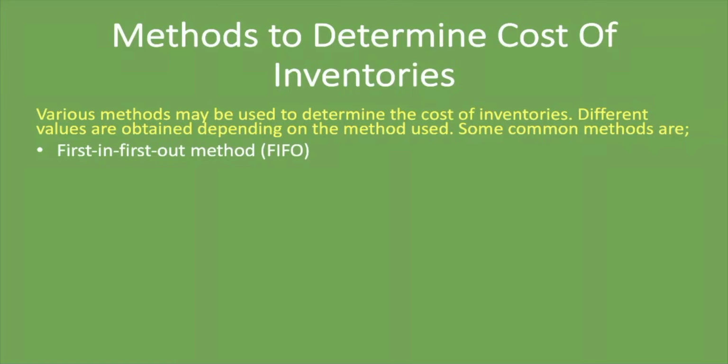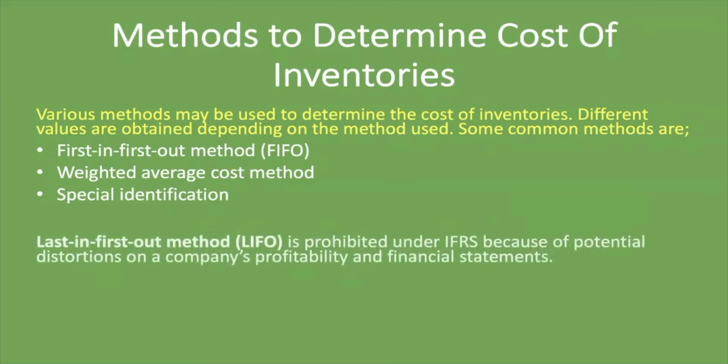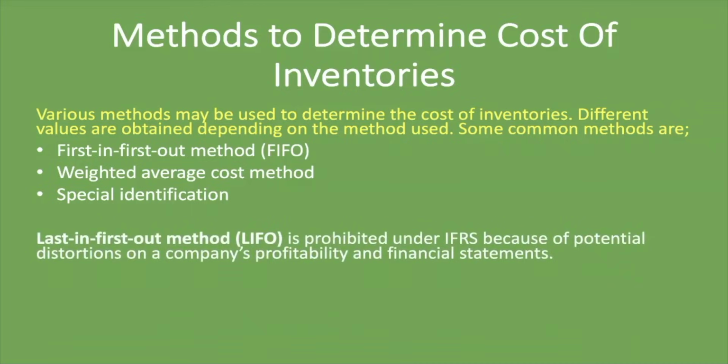Another method for determining the cost of inventory is the weighted average cost method. We have also looked at this method before. You'll find the link to that lesson in the description below. Another method that is there is the special identification method that is used in some instances or in some cases. And we have another one which is called the last in first out method, or